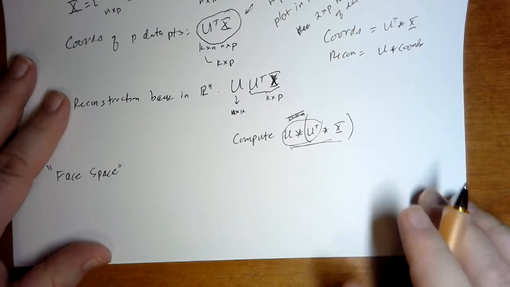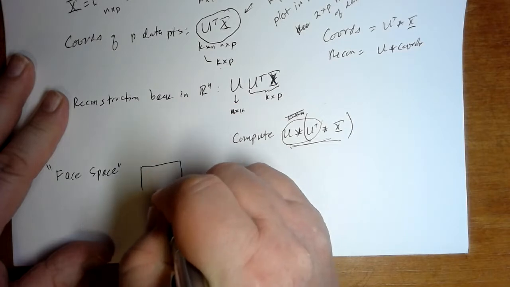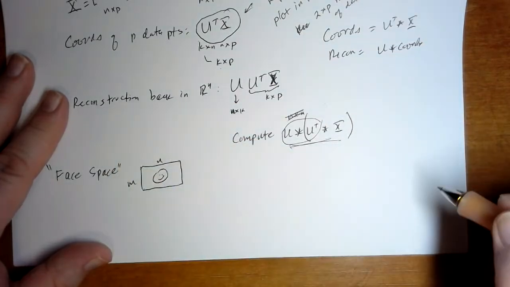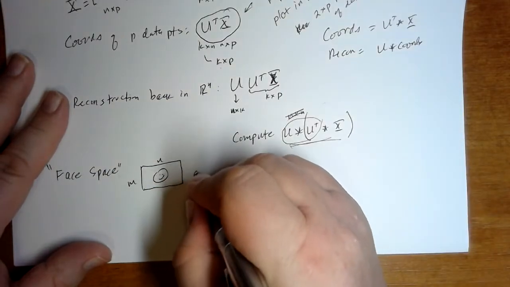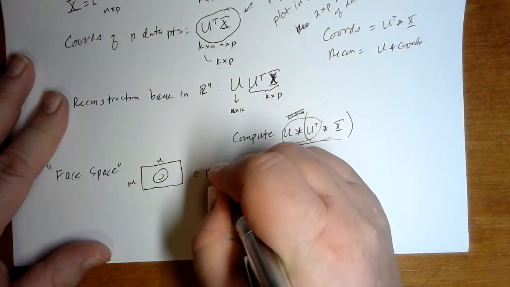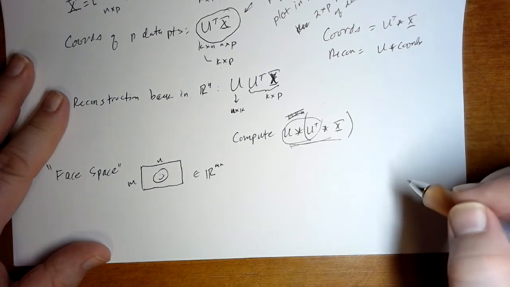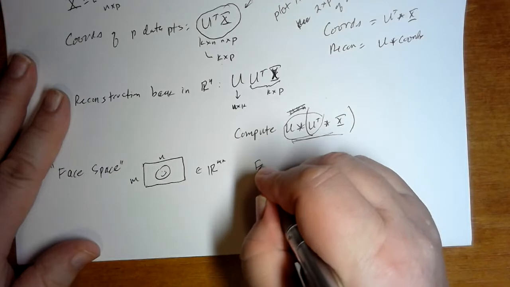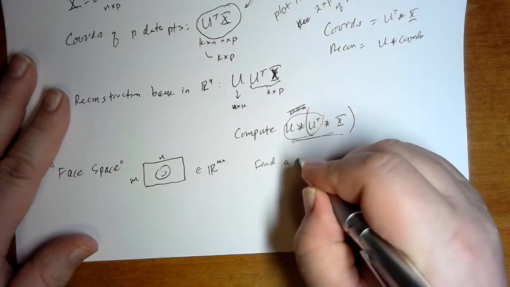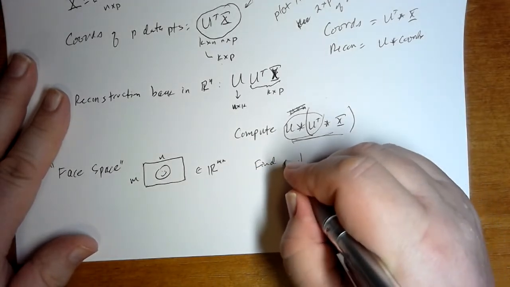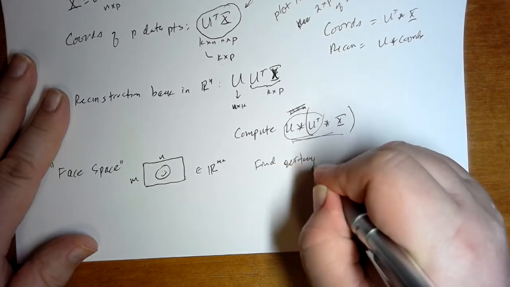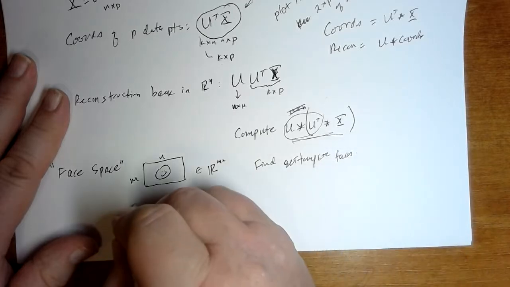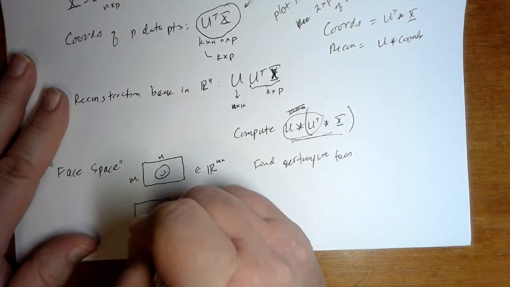That is, we're going to be looking at photos of faces that are fixed at m by n, and so these are going to be vectors in R^(m times n). And what we want is to find a set of template faces such that you can decompose your given face